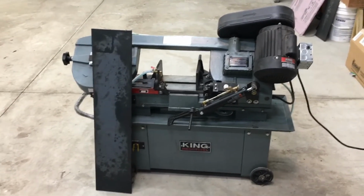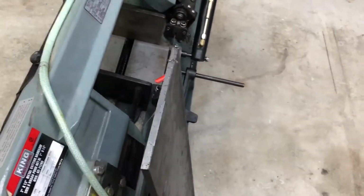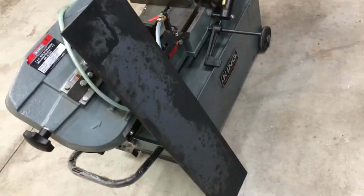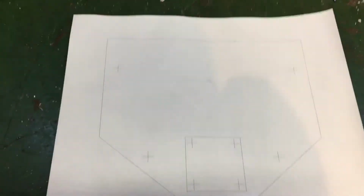Tonight I'm going to take that piece of 3/8 inch thick flat bar, 3/8 by 8 inch. I got about 3 feet of that. I'm going to cut it into sections, 4 of equal size, and we are going to lay out this